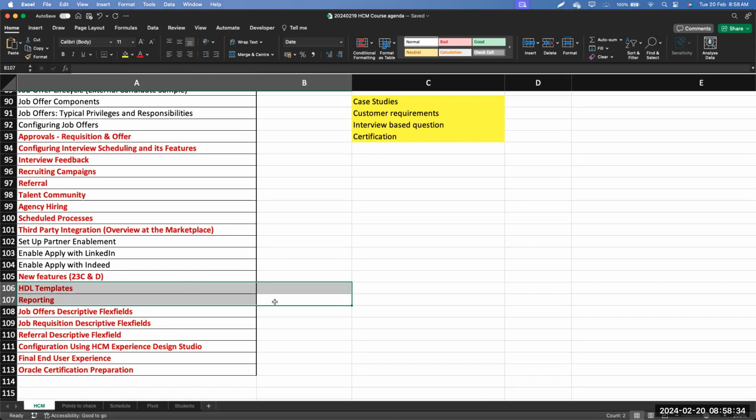When it comes to reporting, we will be talking from an OTBI perspective, which is the simple kind of reports that functional consultants can build, but not SQL reports. I will share the URLs where you can get the data, like the table names and all those things, but we will not be focusing much on the technical. From a functional standpoint we will be covering all the aspects. Actually, to work in technical, we must be good in the functional aspects first. Yeah, that's fine.